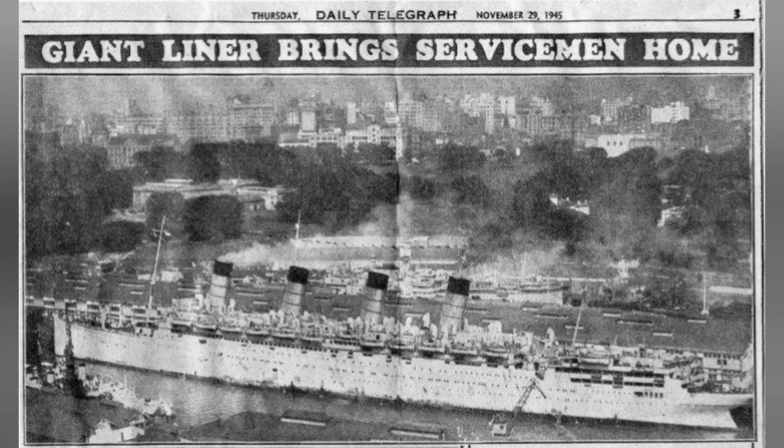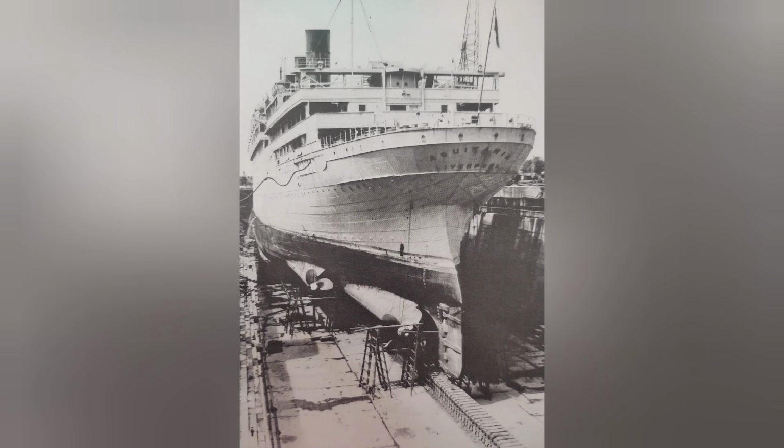Following the conclusion of war in Europe in May of 1945, the Cunard liner Aquitania was used to transport troops back to their home countries, including Australia, New Zealand, the United States, and Canada. Aquitania would be under contract with Canada's Ministry of Transport from January 1946 until the 16th of March 1948. Following the expiration of this contract, Aquitania was dry docked, where it would be refitted and repainted back for peacetime